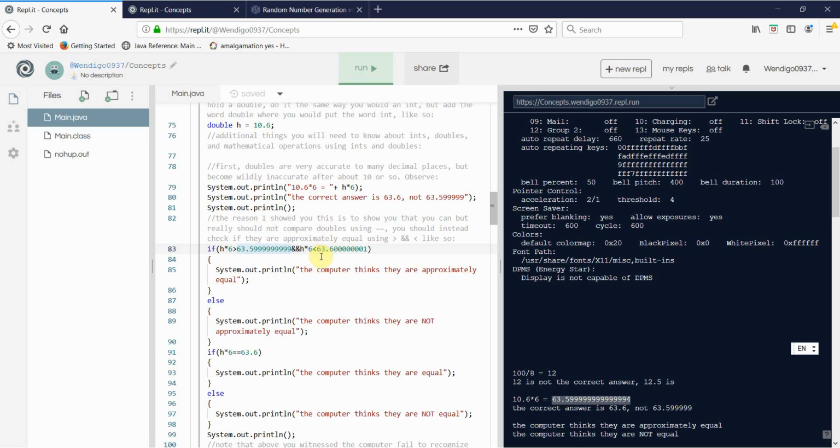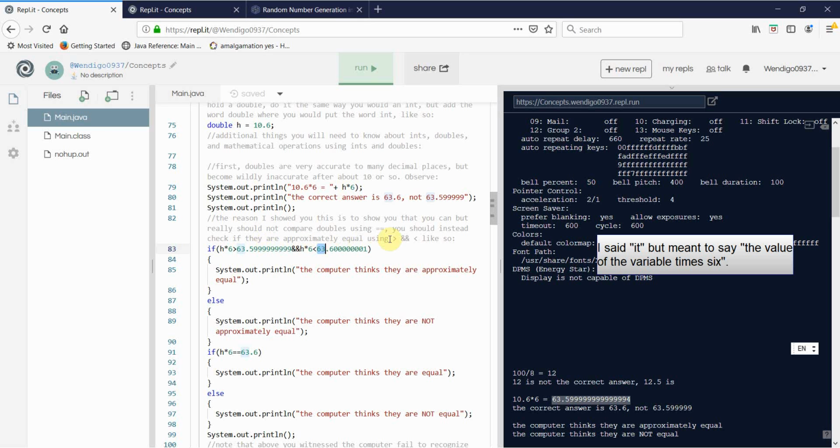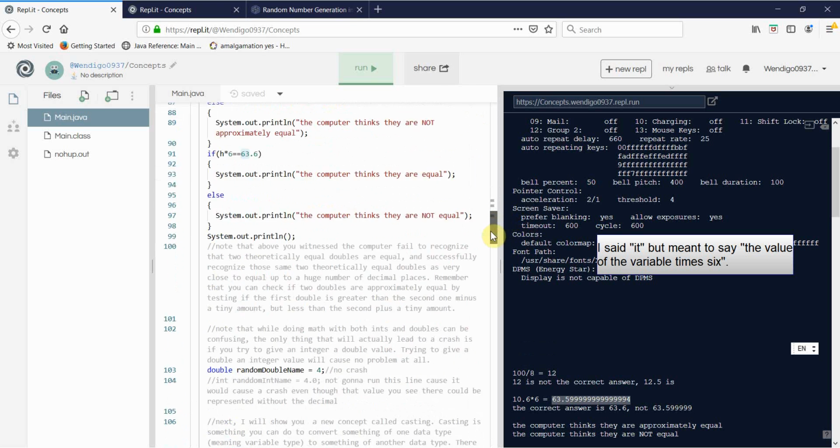But if you need to use comparisons of numbers like after the decimal point, then this is more precise than with ints, because if you just had these as int values, this one here would just be 63, and then this one would just be 63 as well. So it would only prove true if it was exactly 0.6 off. Okay, now